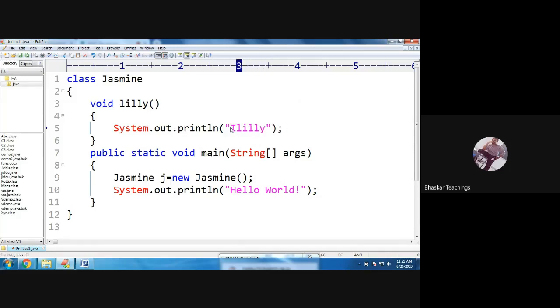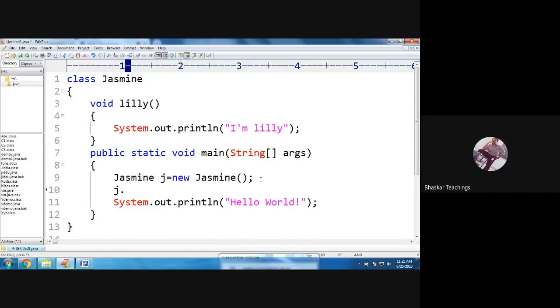So now I have a method called lily in the Jasmine class. When I try to access this method from the static context, that is from the main method, I create an object, and on that object I call the method, j.lily. This is a normal function call statement, you all know.